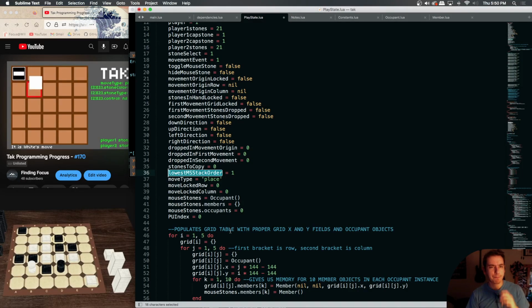So we need to assign this to be a number equal to the stack order that is on the bottom of our mouse stone. So we don't really have a function to